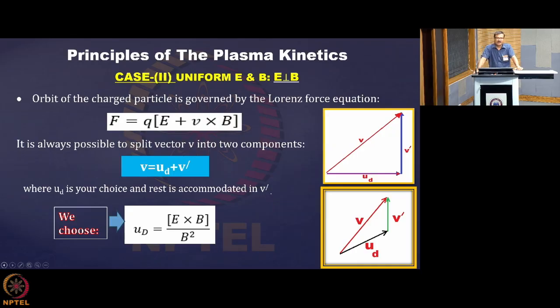That is why I will tell you this kind of motion is particularly known in plasma as E cross B drift motion. Whenever I say E cross B, you can understand the motion is in a direction perpendicular to both E and B. It is neither in the direction of E nor in the direction of B; it is in a direction perpendicular to both. Okay, so we'll make a small derivation and come to the conclusion. Yes, it is like that.